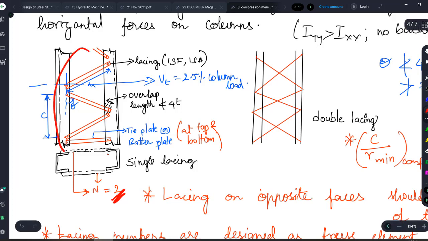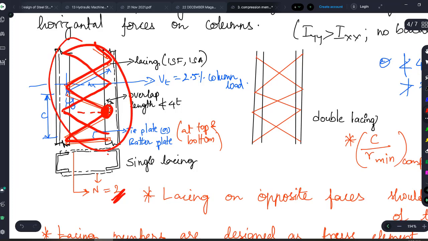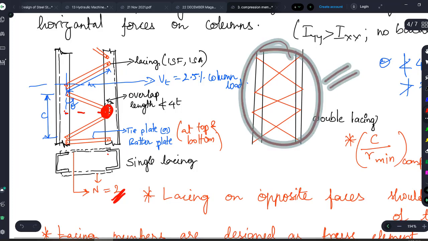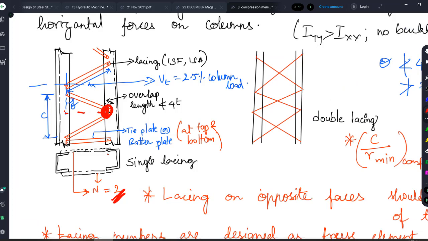So this type of arrangement I am calling it as single lacing. Kyun? I have a simple truss like this, okay, only one truss. But if I have something like this, let us say this is my point, right, exactly opposite to this. If I have something like this, okay, then I will be calling it as double lacing. Okay, for example, you can see this, right? So we are calling this as double lacing. Okay, so now let us see, there are some conditions of our lacings, very important for objective purpose.